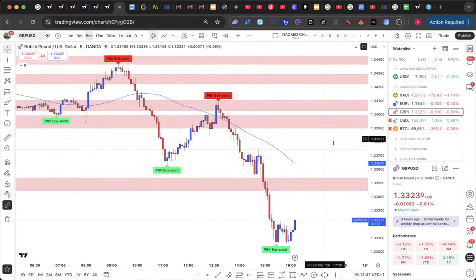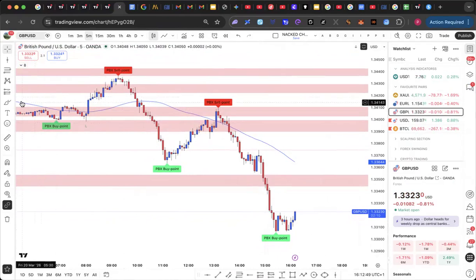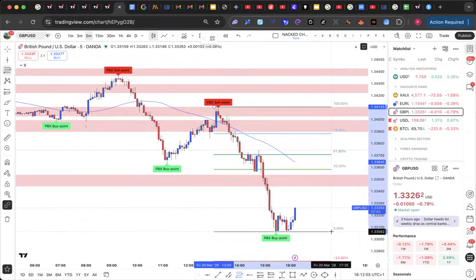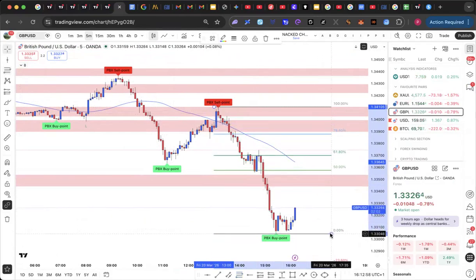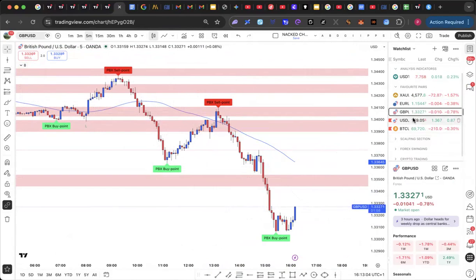Then if I enter in such a case like this one, I want to look at where's the potential place where the market will stop and start going down. So take it from here like this and take my Fibonacci. I'm not telling you to do that because you may not know. So just to understand that you first of all go to